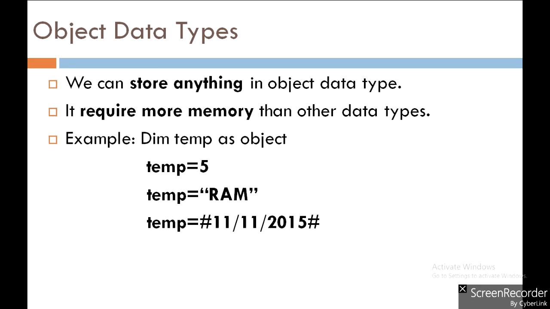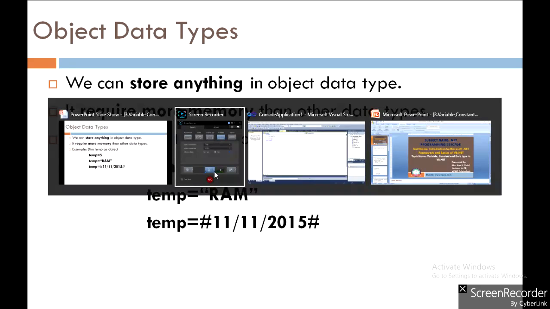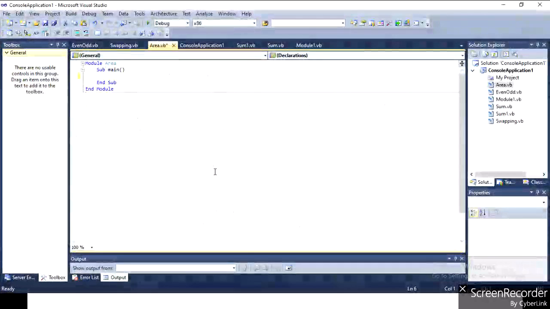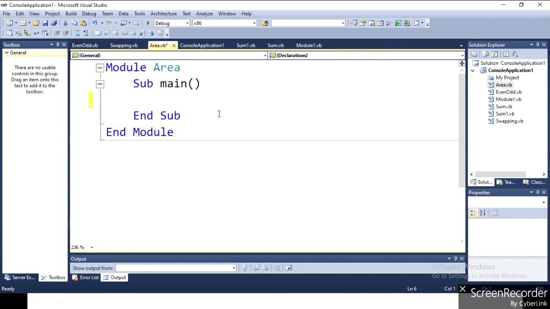I perform one practical. So I switch to console application, open Microsoft Visual Studio .NET. Then open console application. Here I write one module.